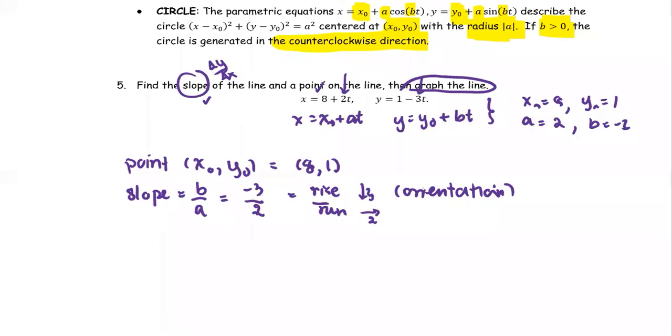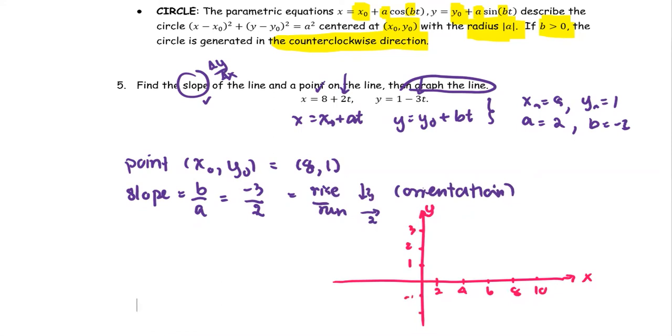Next we are going to sketch the graph, or draw the line. So it is 2, 4, 6, 8, 10 for the x-axis, and for the y-axis we start at the point 8, 1. So we can make a larger scale for the y. The first coordinate is 8, 1. And then with the slope information as rise over run,